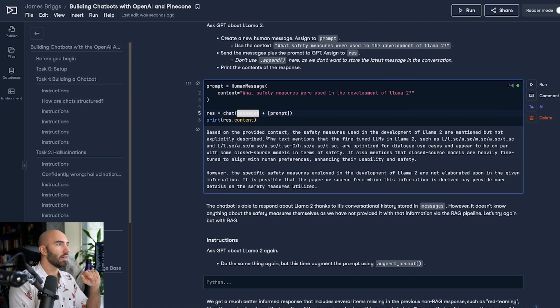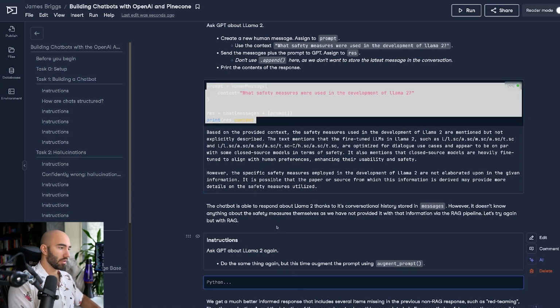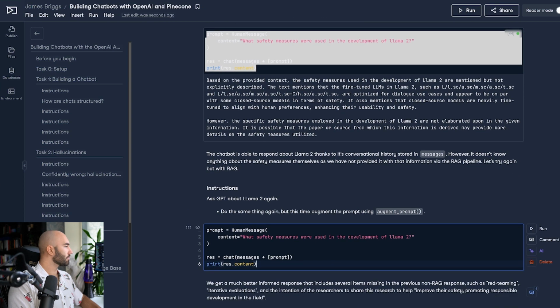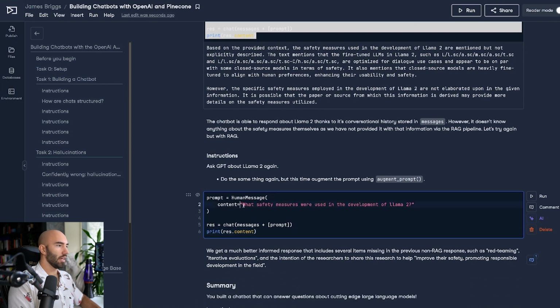So, okay, let's try again, but this time we're going to include our augmented prompt. So we're going to come to here and we're going to augment this. So augment prompt, we want the function, not the instance. Let's see what we get.